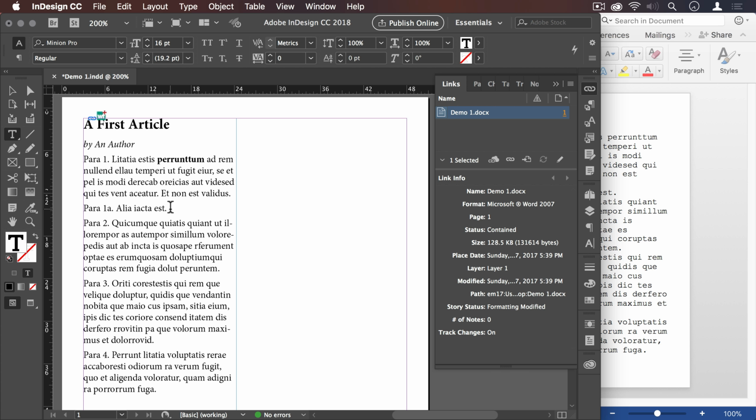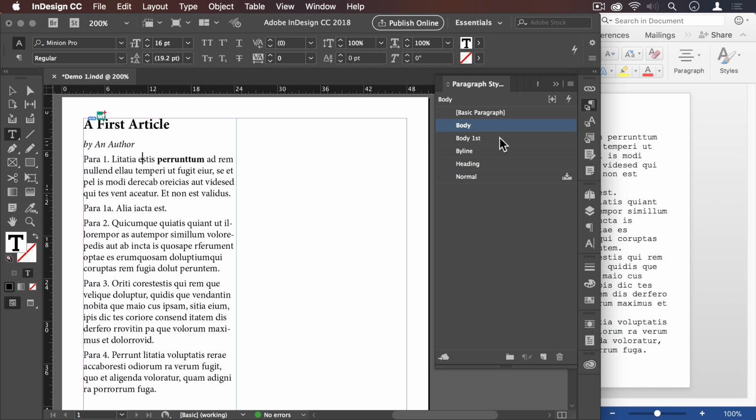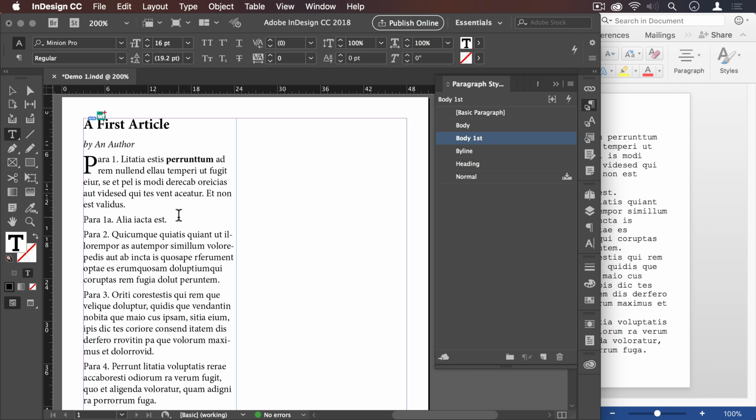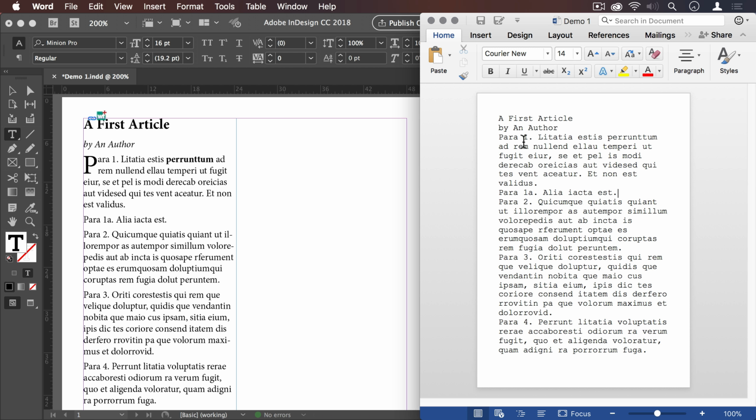And the correct style is applied here, of course, the body style. Now, WordsFlow can't read your mind, and nor is it omniscient. So, for example, if we had a style assigned, a first body style on this paragraph, on the first paragraph,